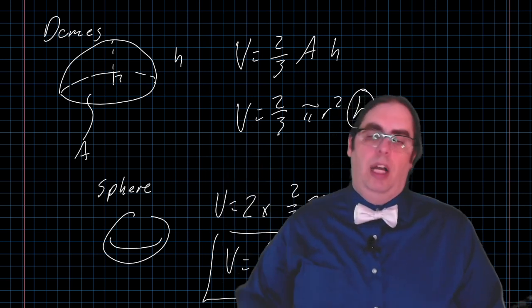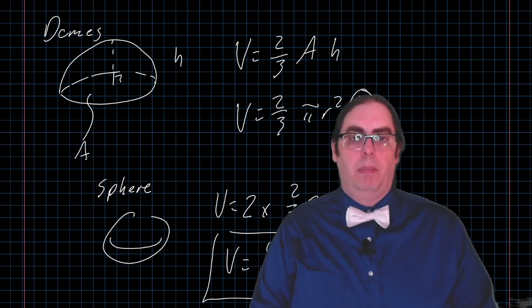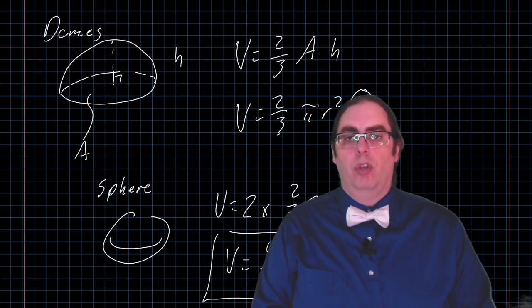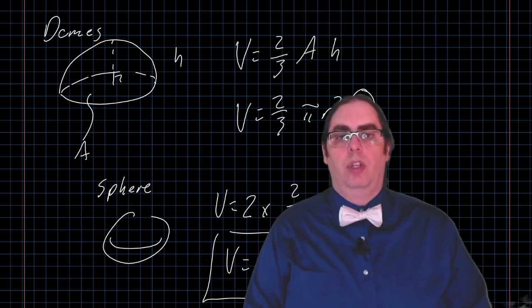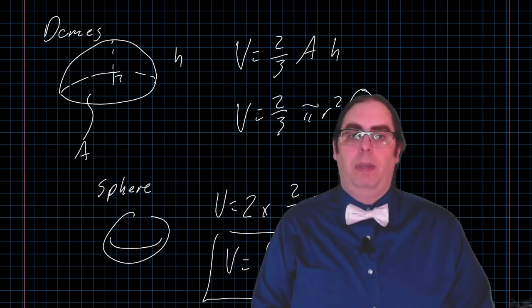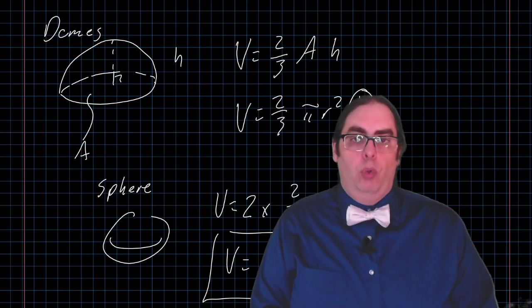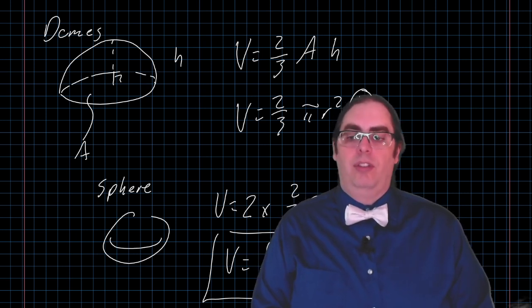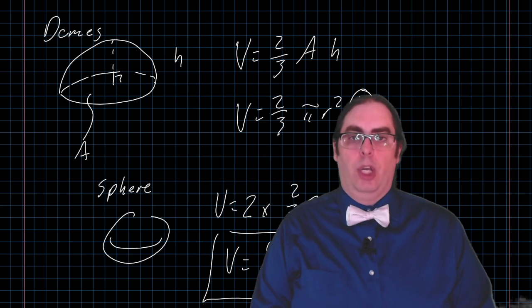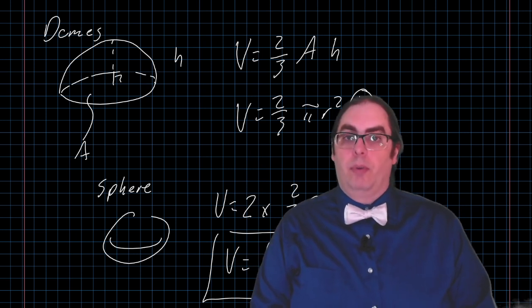The general case of prisms, cones, and domes, we will be looking at a little bit later on in the course. One of the things that is still yet to come is, well, what if you don't have one of these nice shapes? What if you have an irregular surface, or an irregular shape on a surface, or an irregular volume in space? We'll develop some tools for calculating the areas and volumes in those cases, and it will revisit that generic idea for the volume of a dome or a cone or a prism. But for right now, I think that's far